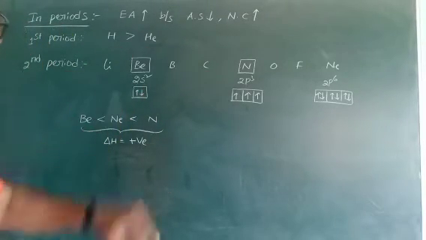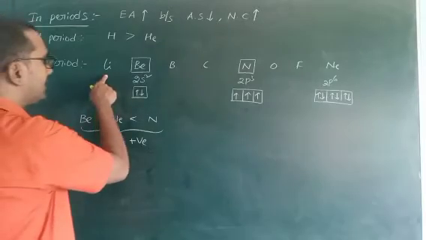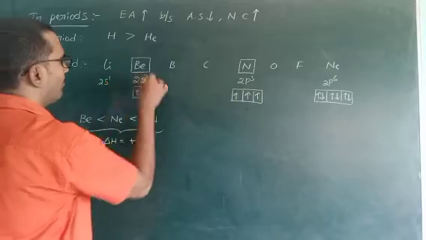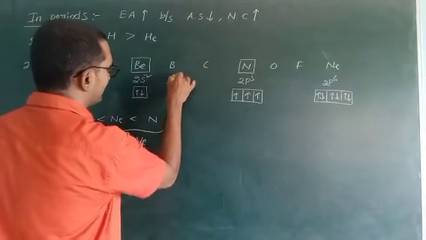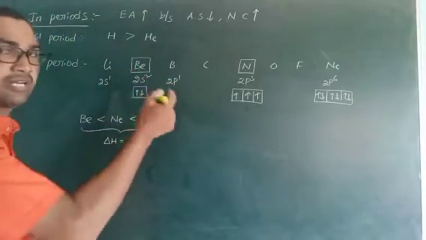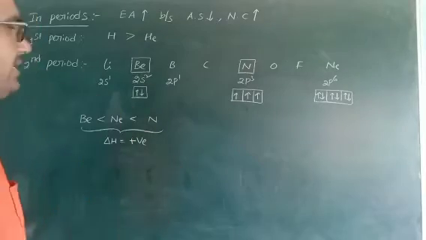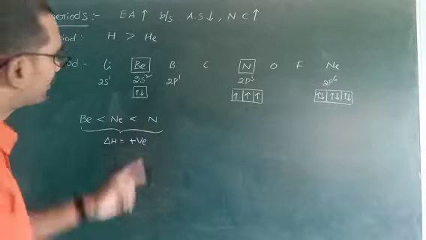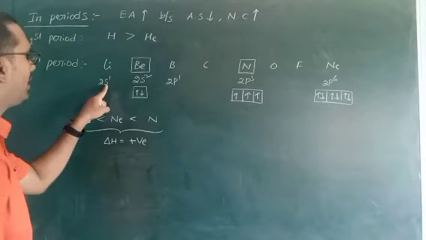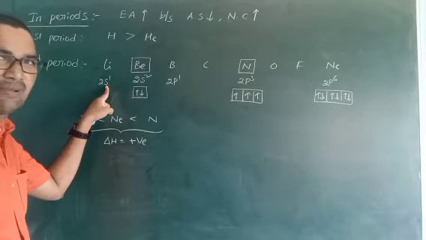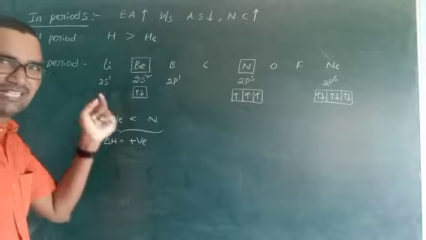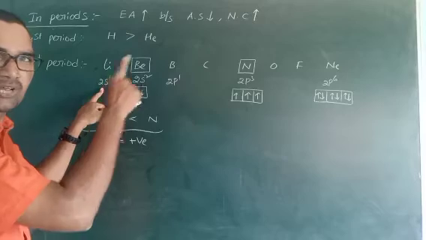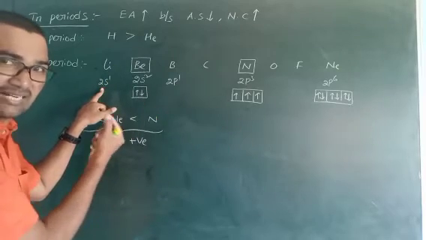Now which show more? Now come here. Lithium, boron. Actually lithium is 2s1. Boron is 2s2, 2p1. Which one releases more amount of energy? That is very interesting. We expected boron to show more electron affinity, but not boron, lithium. Why? Only one electron is required to get the stable electronic configuration. That's why it releases more amount of energy.